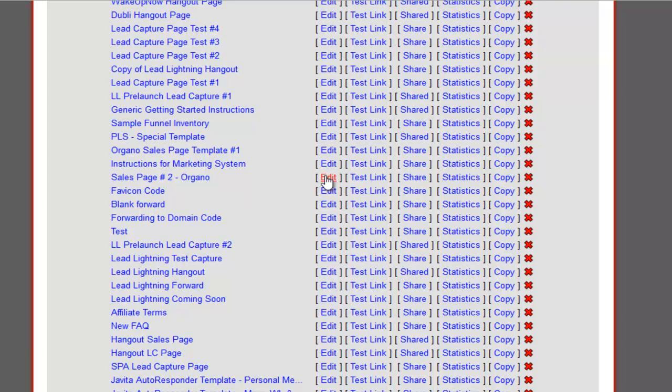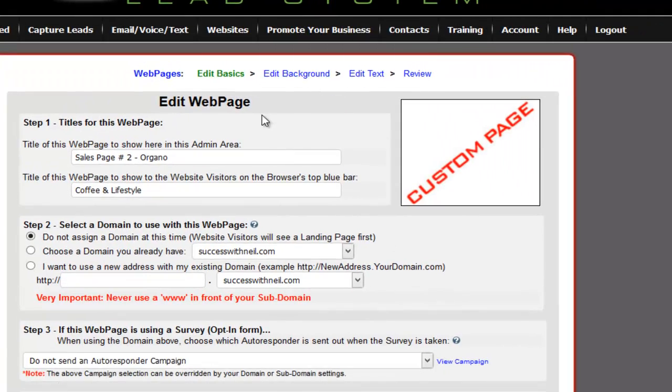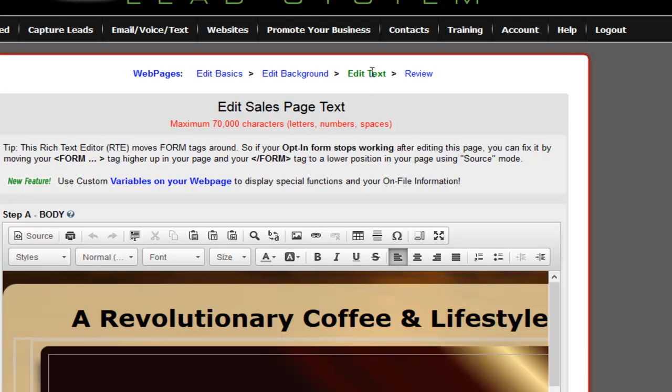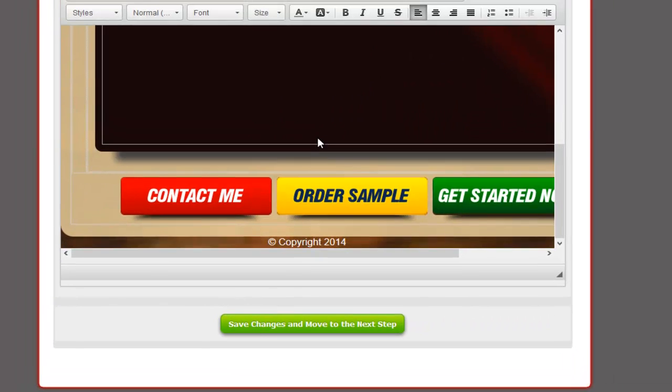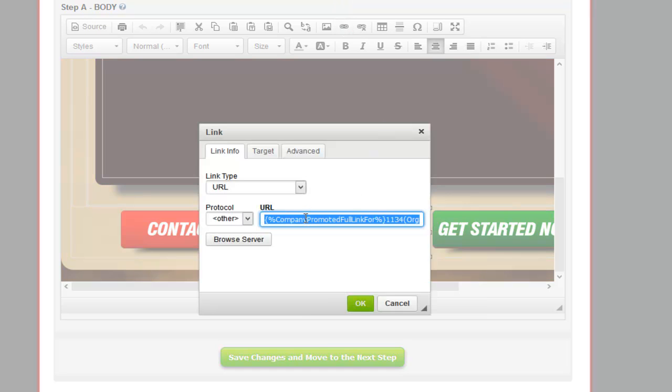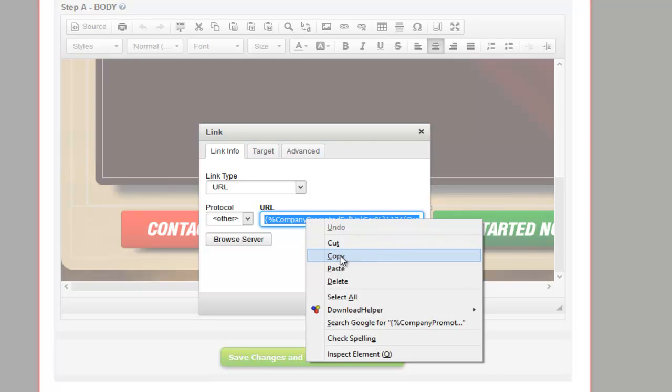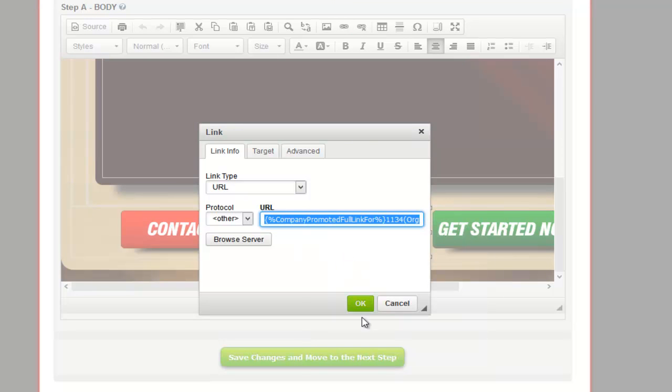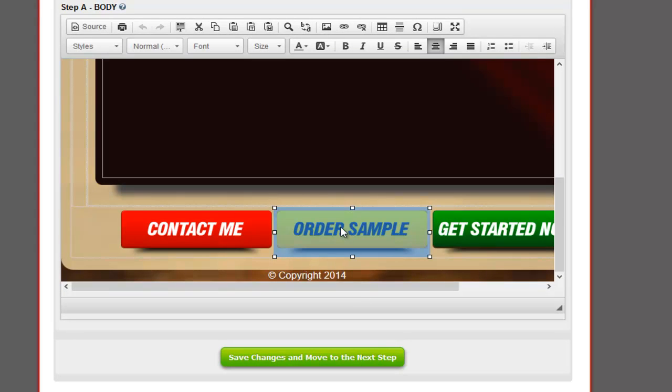organo. I'm going to click on edit and I'm going to click on edit text. I was thinking about it, and it's not so much that we're having the prospect order a sample as much as we want them to try the product. So I'm going to go ahead and highlight that button. Might as well just save the code behind it while I'm at it. So I just clicked on the link icon, copied the code, and I'm going to go ahead and delete that